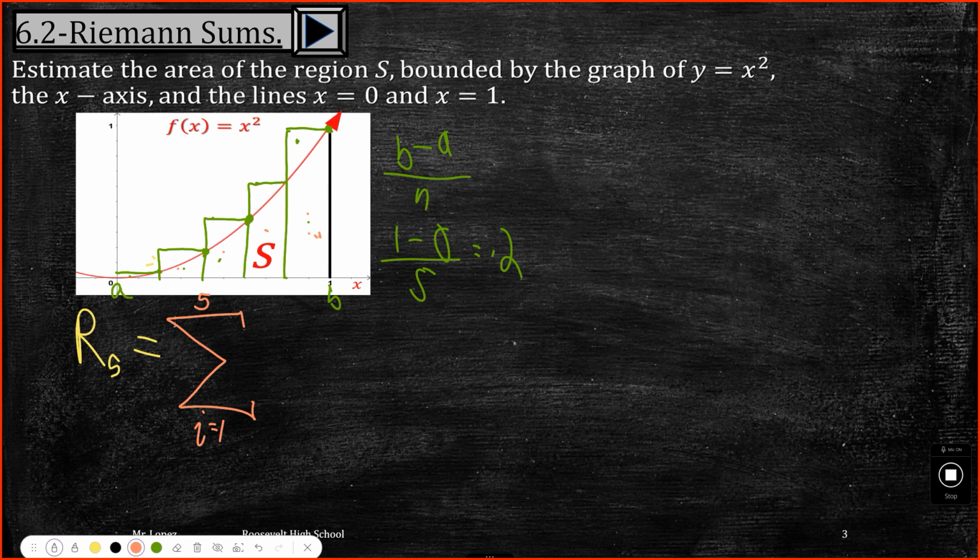The height is going to be, this is the height for this one, this is the height for this one, and this is the height for this one. The height is the y value of x squared. That's what we're doing, x squared of y. So we're going to do what? f of xi times